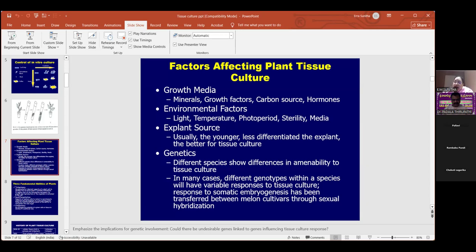As I told you, we are dependent on food. We have balanced food: carbohydrates, sugars, lipids, fats, minerals and vitamins. Same like that, for tissue culture plants also, they require growth media. A growth media will have minerals, growth factors, carbon source, and